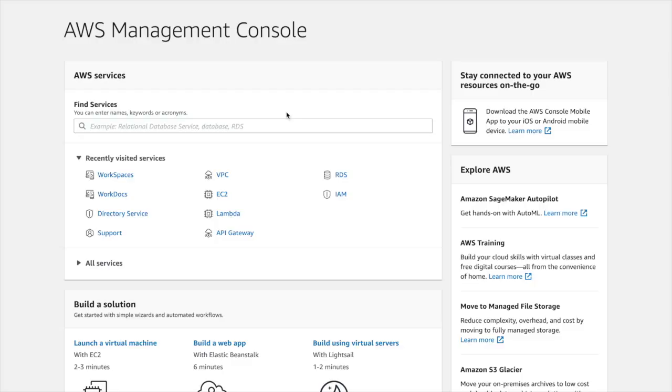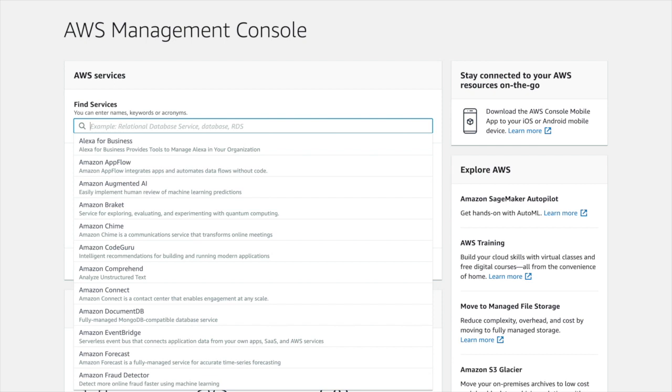Hi, I'd like to walk you through the process of setting up a Windows desktop in the cloud using AWS Workspaces. After that, I'd like to show you how to customize it so that it can be duplicated and used for an entire team of people that all share the same basic desktop setup. So let's get started. All right, the first thing we need to do is log into our AWS console, and